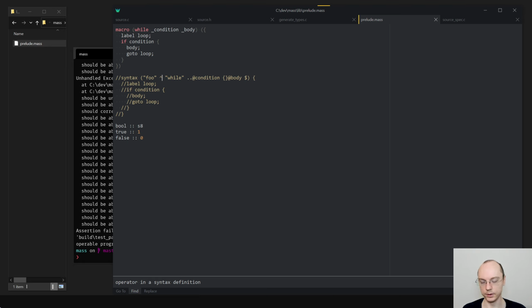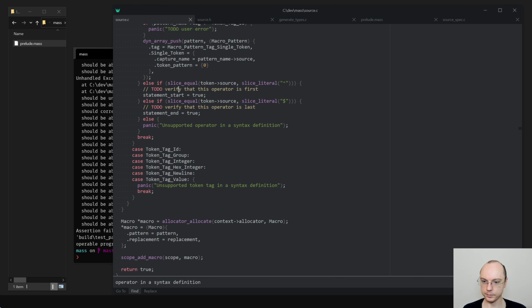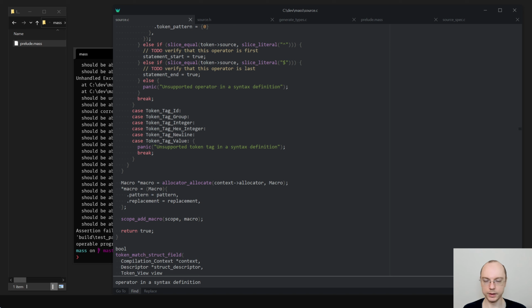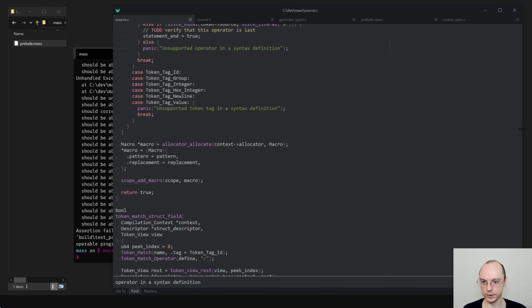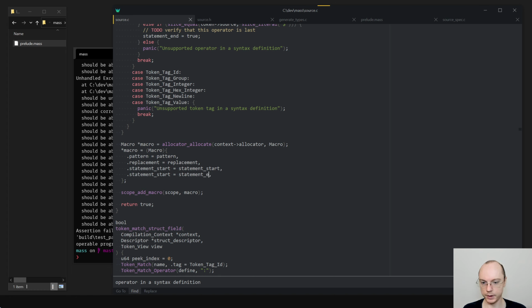Like this will not make any sense. I mean, right now it will work, but I don't think that's a good thing. So maybe we shouldn't support that. It's not going to affect functionality for now, so I'll not focus on this. And I'll say statement start is statement start, and the same thing for end.